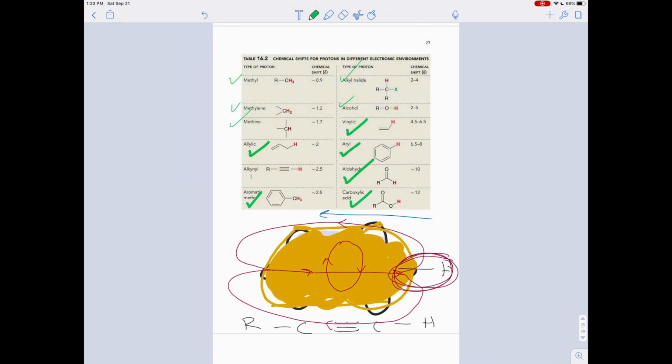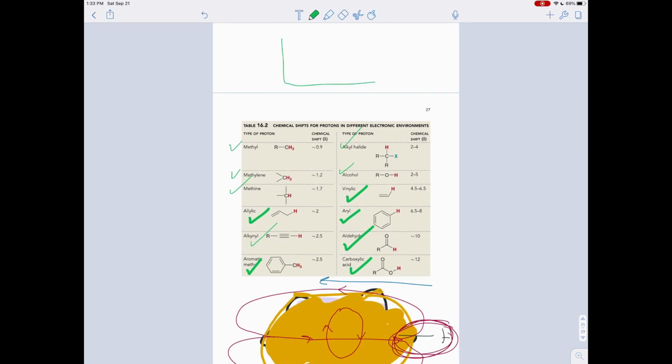Okay, so these are the different shifts. Now what you will want to do is to know these by heart. You'll want to see peaks at these different areas, these different shifts on the x-axis. So you'll have that x-axis, that's a delta. When you see a peak at 10, you want to say, oh, probably an aldehyde. When you see a peak at 1.2, you'd say, oh, probably a CH2. And those are going to be puzzle pieces that will then fit together to see the structure of a molecule. But the first step is to memorize these different